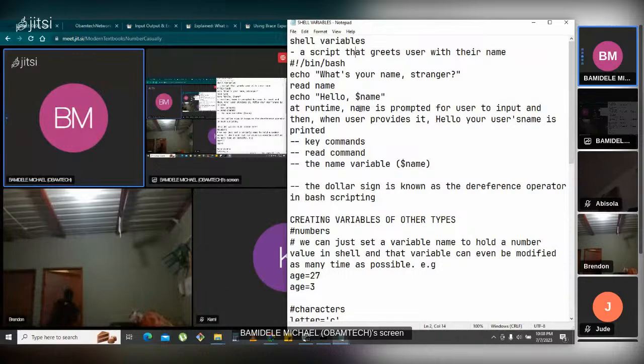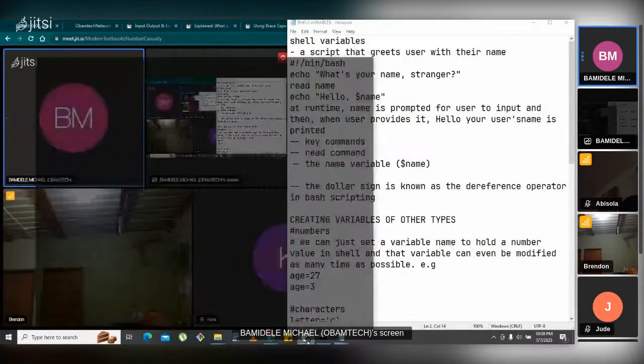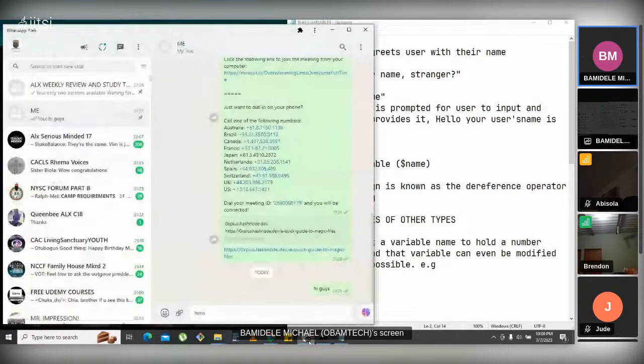After the user has input his or her name, the script will greet the user and say hello by the name the user inputted. So I threw a challenge to the group the other time where I tagged it as challenge one,